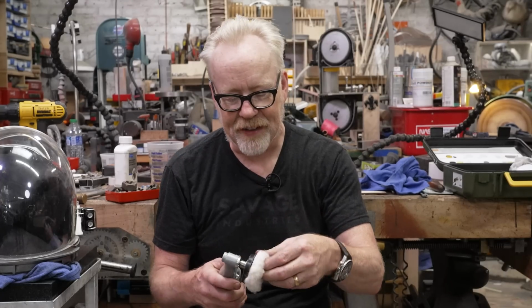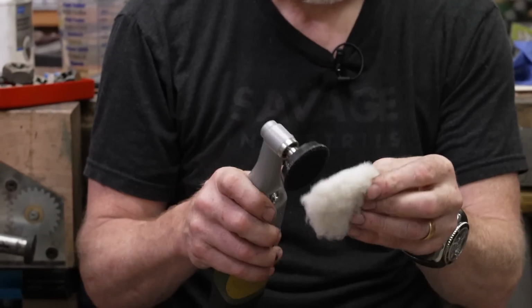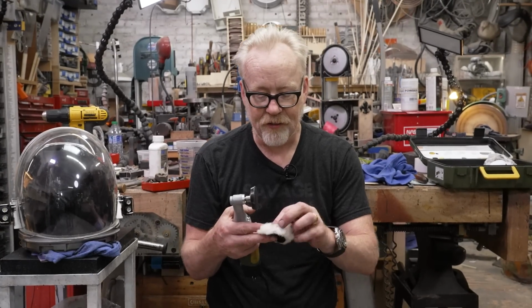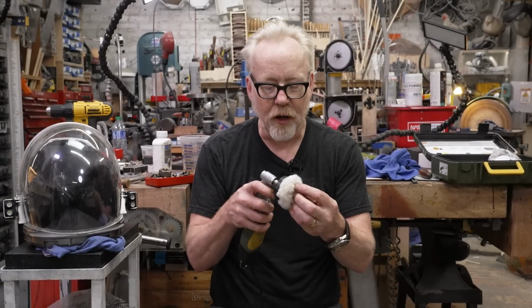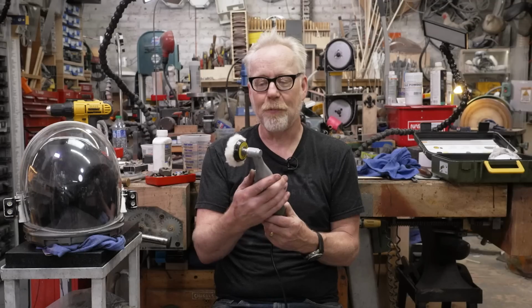It has a couple of things that I really love. It's got a Velcro mandrel here, and I specifically, on the plastic of my Nagra cover, used this sheepskin, lambswool, very soft, with some polishing compound. Oh, right, some Novus #2, turned out to be the real best stuff. And, well, you got to see me use this in that video, but I wanted to do a specific tool tip about this,